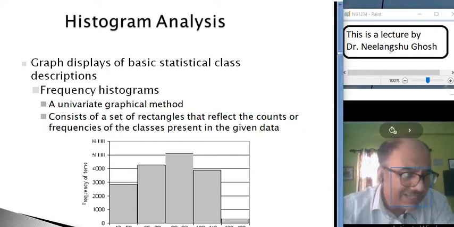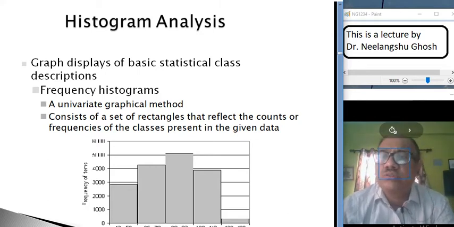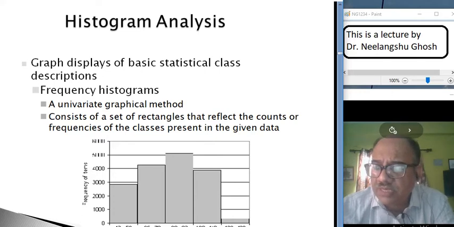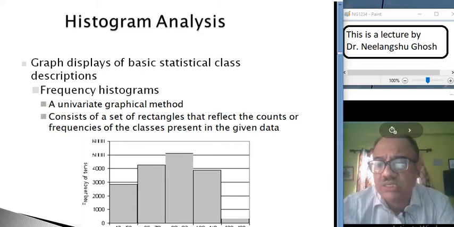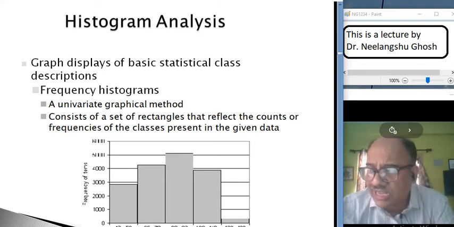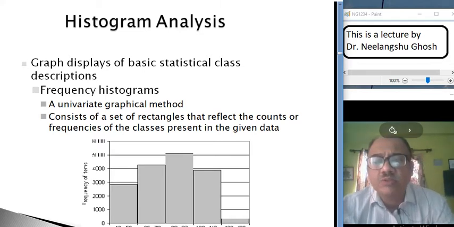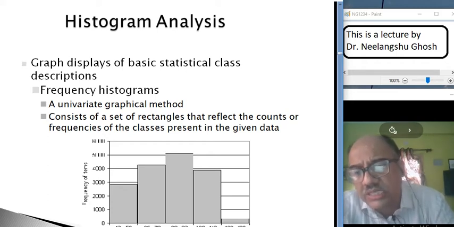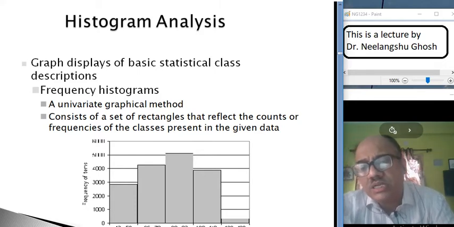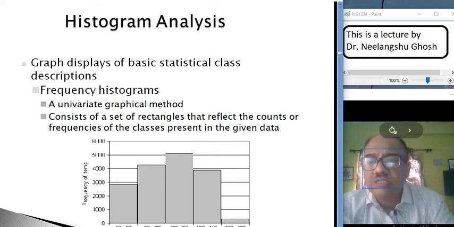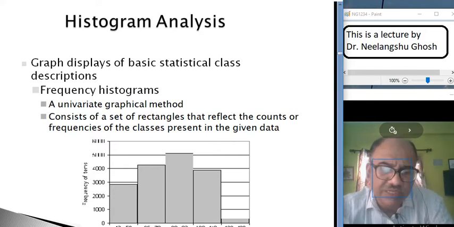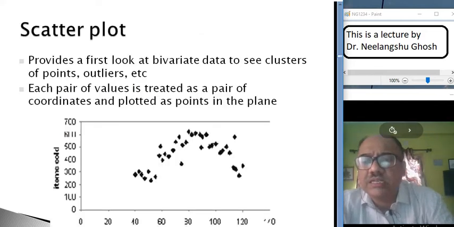Mind that there are several ways of representing data. Histogram is one way of representing a continuous data set. For representing a histogram, the data groups, the classes, have to be made continuous, so that the rectangles will touch each other. As you can see in this particular case, the rectangles are touching each other. So the histogram is also one of the representations of data summarization.